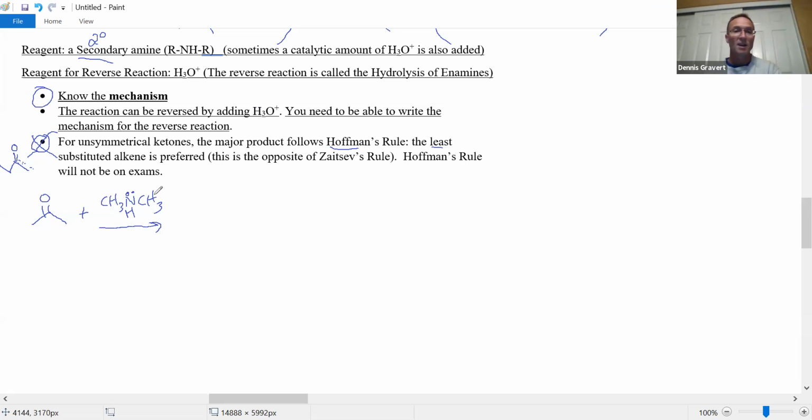Pretend it's primary, and we're going to make an imine. So the product is going to be wherever there's a double bond O, make a double bond N. Step one: acid or base catalyzed? Well, amines are good